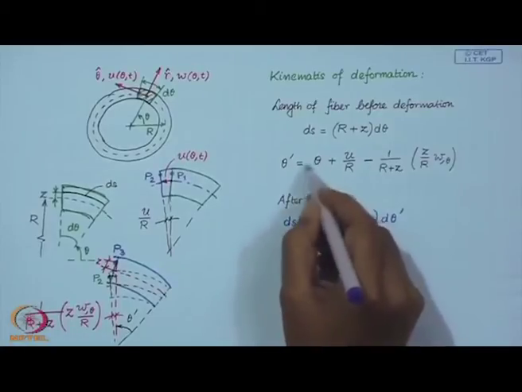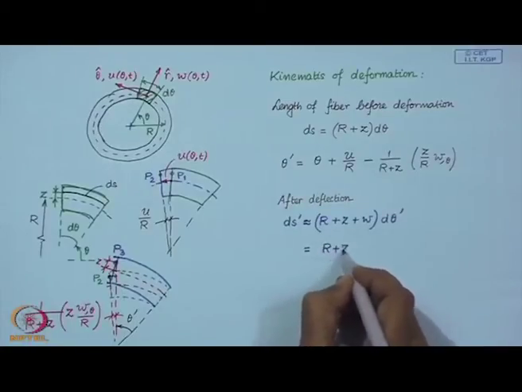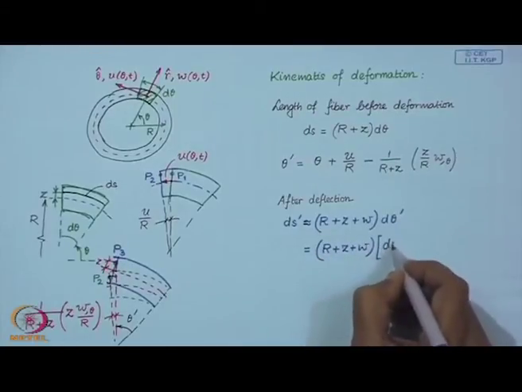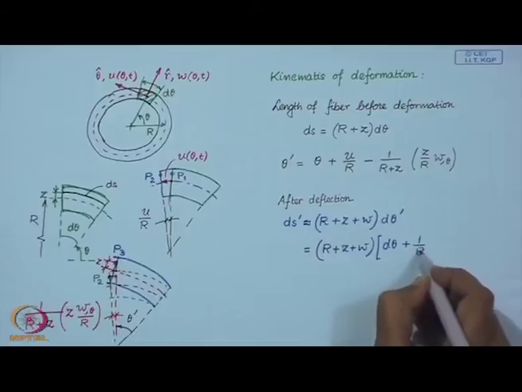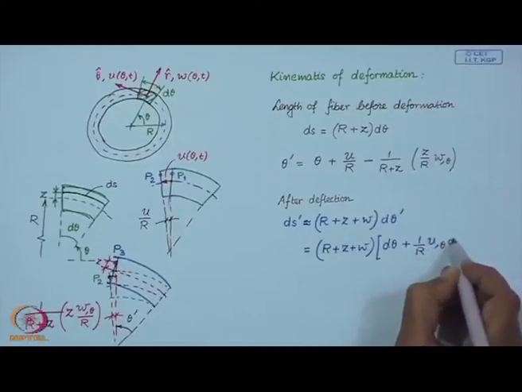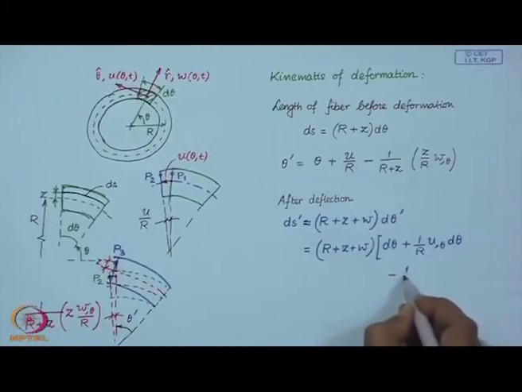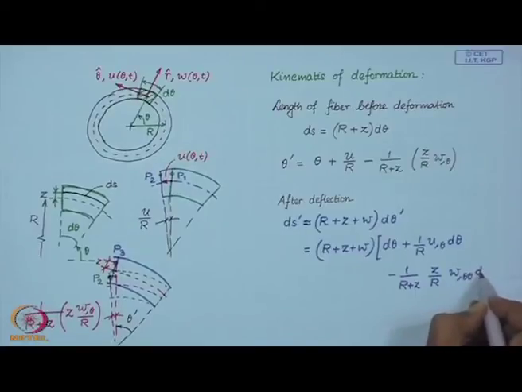So, we have to calculate d theta prime. That turns out to be d theta plus, since r is a constant, del u del theta times d theta minus